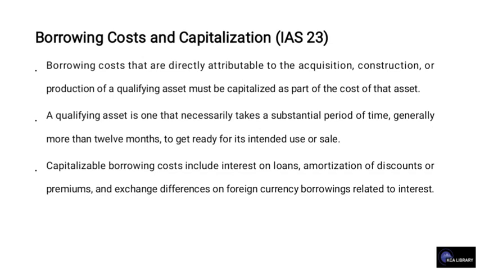A qualifying asset is one that necessarily takes a substantial period of time, generally more than 12 months, to get ready for its intended use or sale. Capitalizable borrowing costs include the interest on loans, amortization of discounts or premiums, and exchange differences on foreign currency borrowing